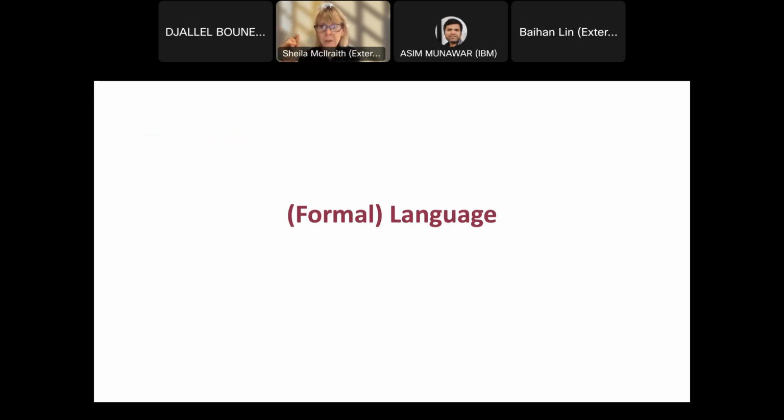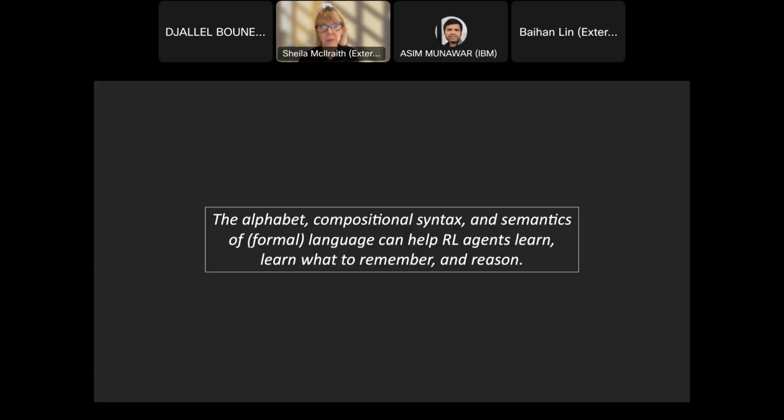But there are cases, just as with computer programming, where we want to be precise, safety critical situations where we cannot afford to humor the ambiguities of, for example, the English language or another natural language, where we really need to be precise. And in those cases, there really is an appeal to using formal languages. And so that's what I'm going to talk about today.